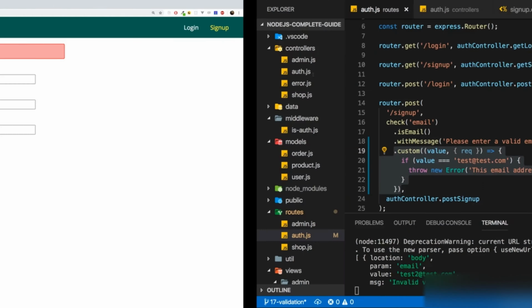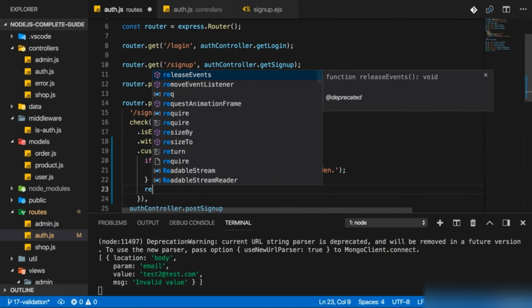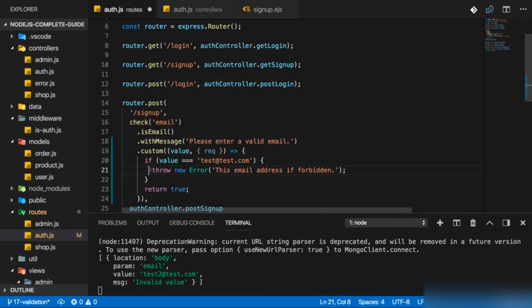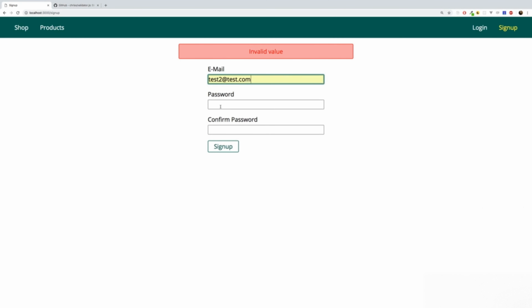If I enter test2@test.com, then I get invalid value though. The reason for this invalid value here simply is that if we do succeed, we should return true. So we throw an error if we fail. We could also return false to go with the default error message, or we throw an error to have our own error message, or we return true if it succeeded. And now you will see that if I enter test2,